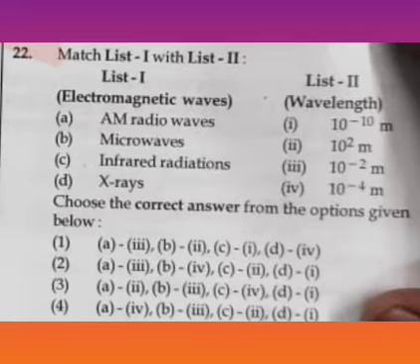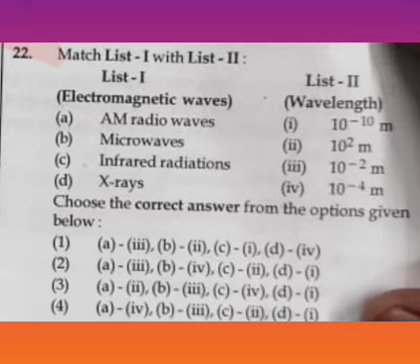Question number 22. Match list 1 with list 2. List 1: electromagnetic wave: AM radio wave, microwaves, infrared radiation, X-rays. List 2: wavelength: 10 raised to power minus 10 meter, 10 raised to power 2 meter, 10 raised to power minus 2 meter, 10 raised to power minus 4 meter. Choose the correct answer from the options given below. The correct answer of this question is option number 3,